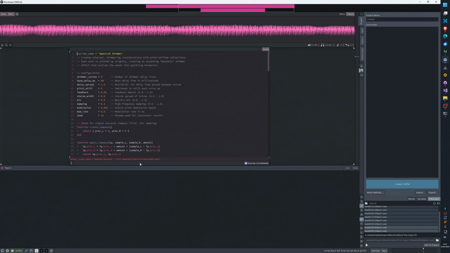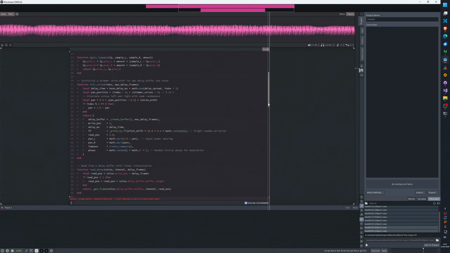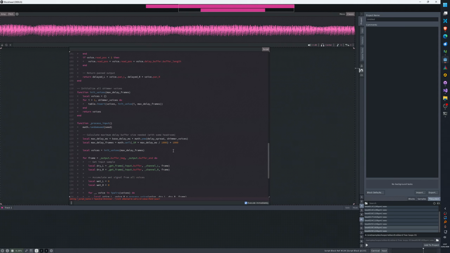Spectral shimmer. Okay. So the problem here is I can't immediately propagate errors. This might be easy to fix. So math.pow doesn't exist.